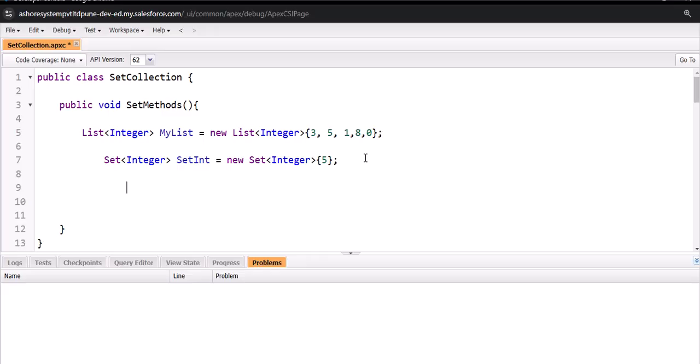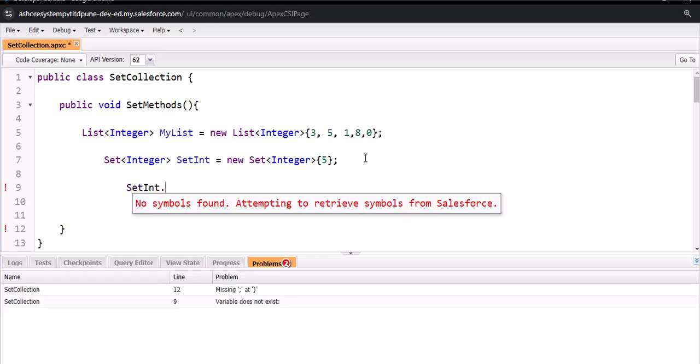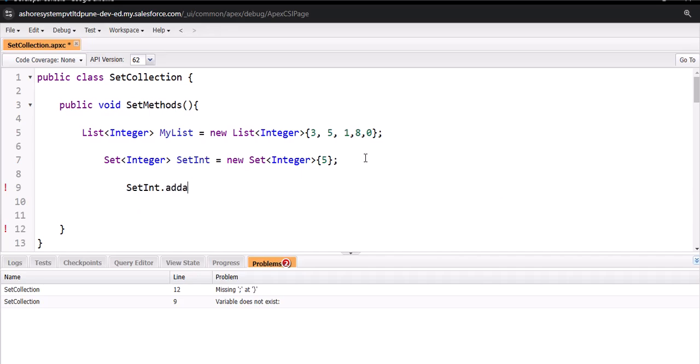First we need to provide the set variable name, which is setInt, then dot notation, and now we need to use that method, which is addAll, then open close bracket. Now we need to provide the list variable as a parameter in the addAll method. So here we have myList as a parameter of list collection. That variable we need to provide as a parameter. So myList